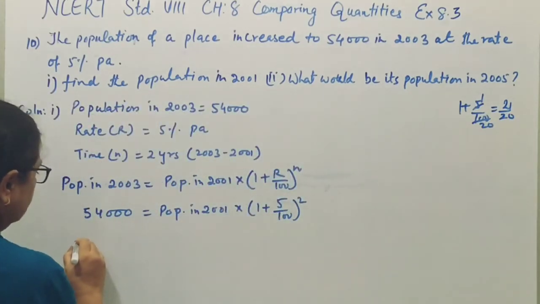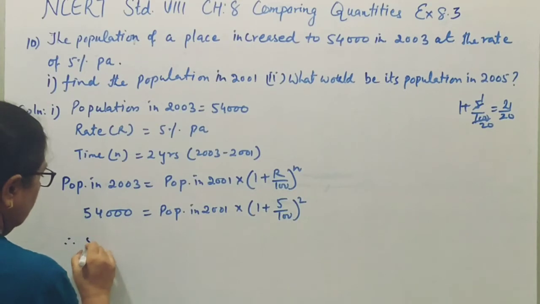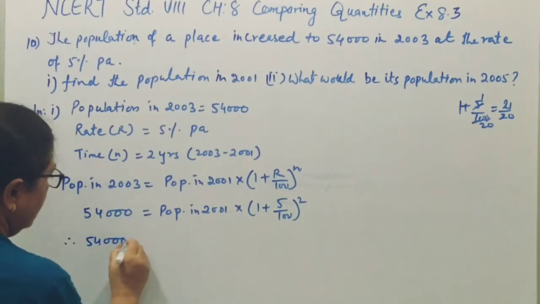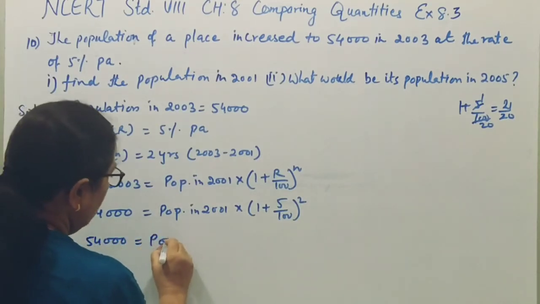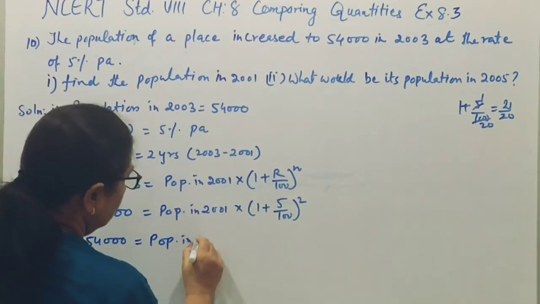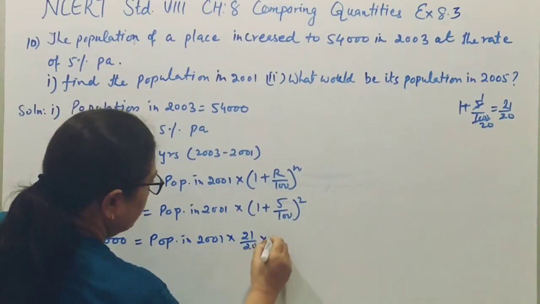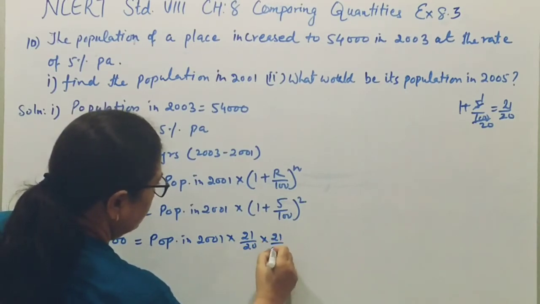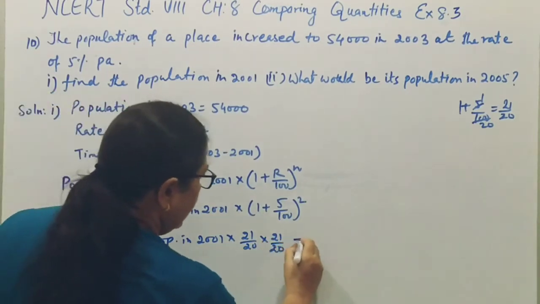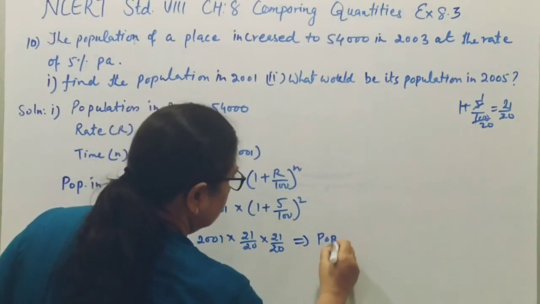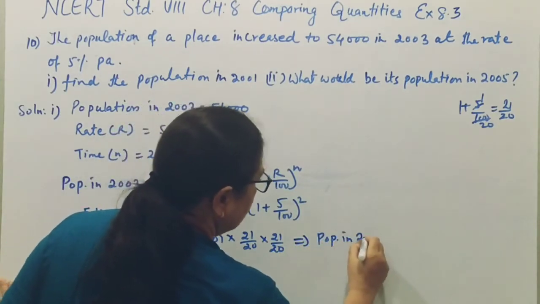Therefore, 54,000 is equal to population in 2001 into 21 upon 20 into 21 upon 20,